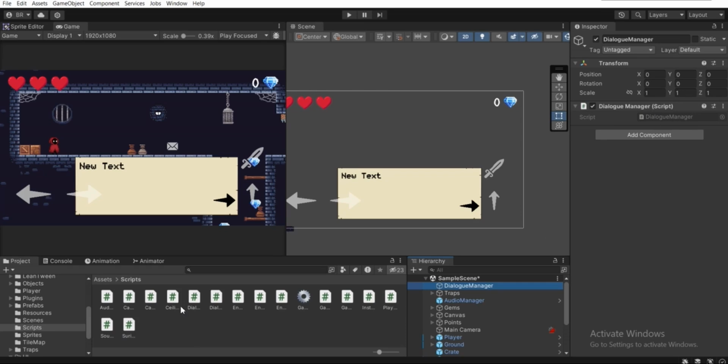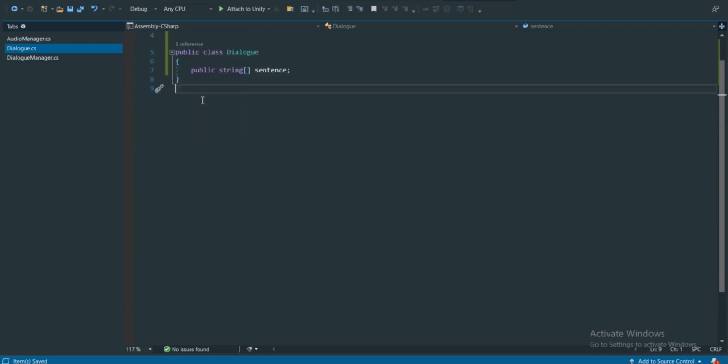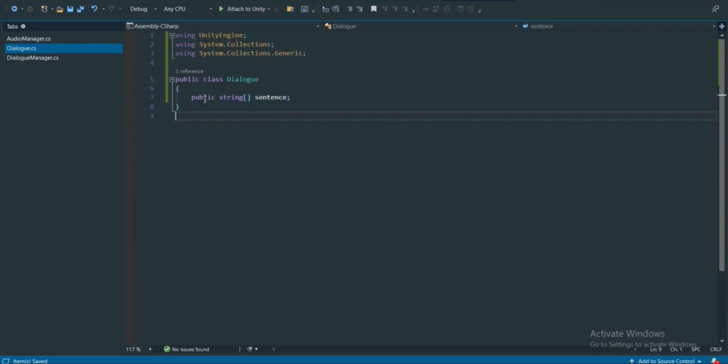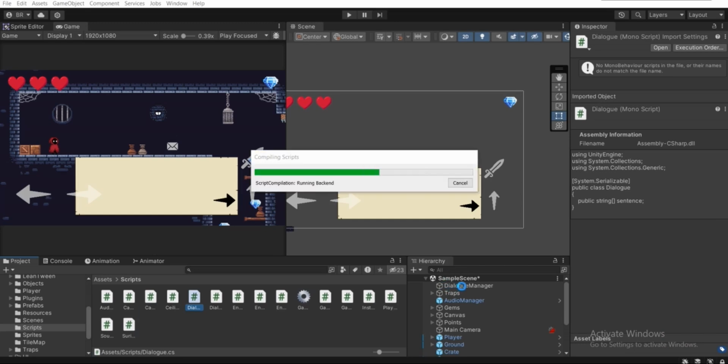To do so, let's open up the dialog script by double clicking on it. To be able to see this sentence array, we need to go to the top of our class, make this square brackets, and use System.Serializable. Now if I save our code and go back to Unity and select the dialog manager script,